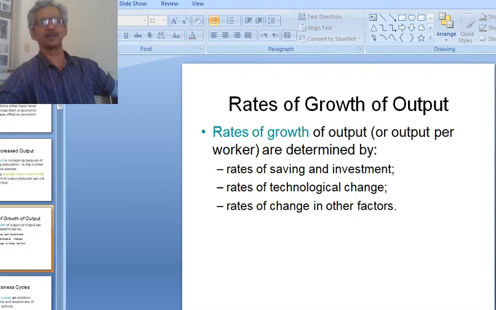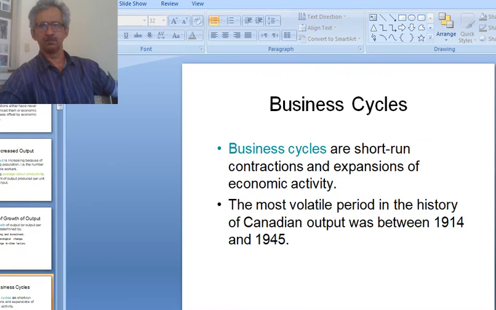There are also other factors that can impact workers' productivity. Saving and investment are related. If you save more, then investment will automatically increase. Better technology can also aid production increase, and the rates of change in other factors. Another factor which we are going to discuss during this